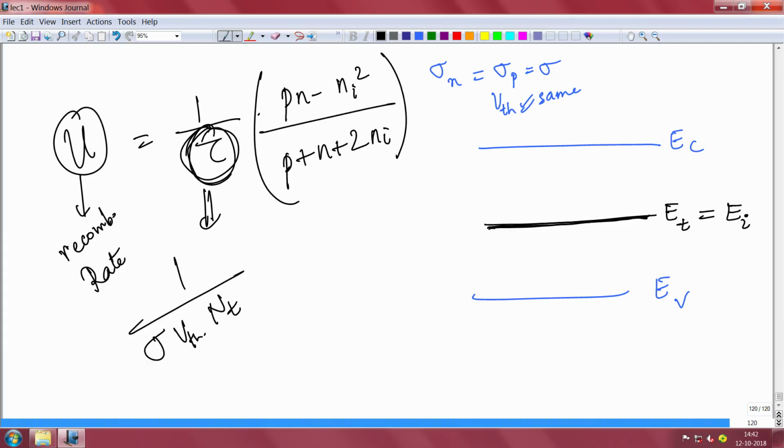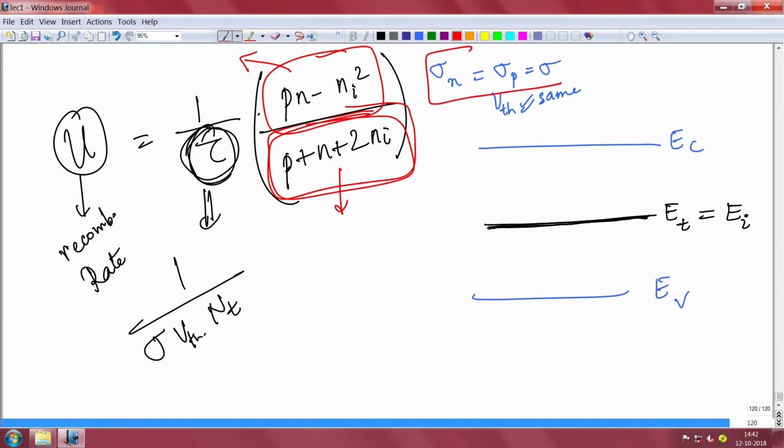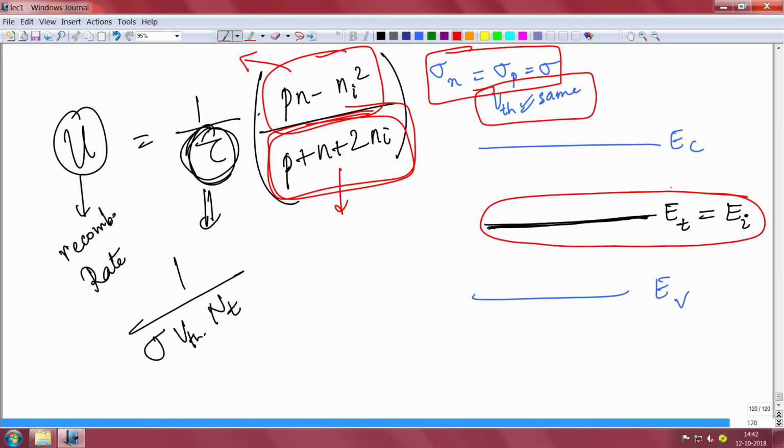Okay. You remember that pn and Ni square are not equal here because it is a non-equilibrium. You are shining light, for example, and the excess carriers are coming out because of these traps emitting, the cross section and so on. This is not an ideal situation here. So this is driving the recombination; the Ni square term is giving the resistance to the recombination. This has three assumptions: the cross section of electron and hole traps is the same, the thermal velocity is the same, and the trap energy level is exactly at mid gap, in which case this is valid. This is the total recombination rate, and the unit is per centimeter cube per second.